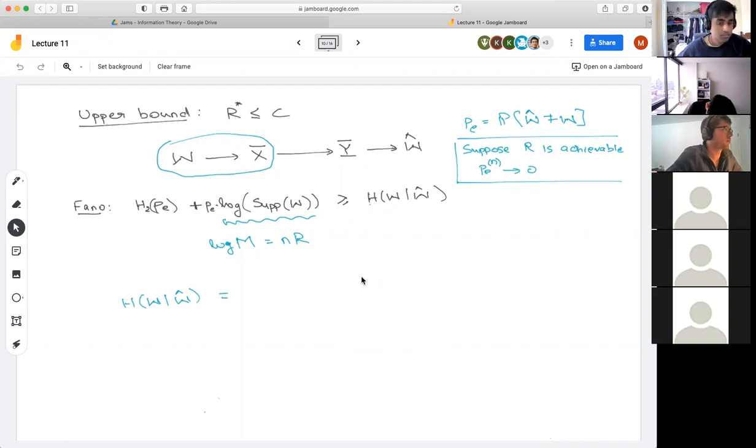As usual, we can write it as H of W minus the mutual information of W and W hat. The first term is again nR, because we have the uniform distribution over all W. That's an assumption we made. So it's log M, or nR,